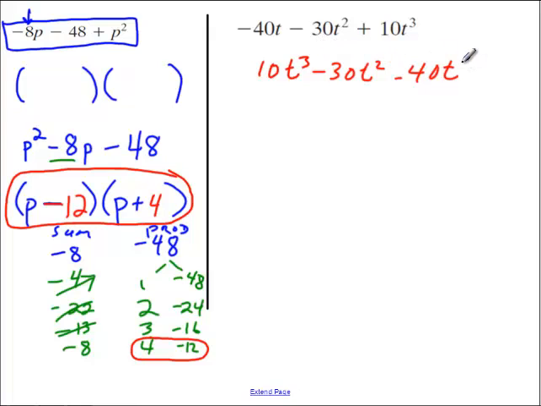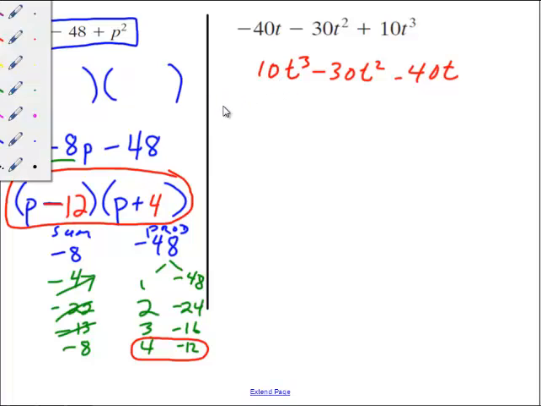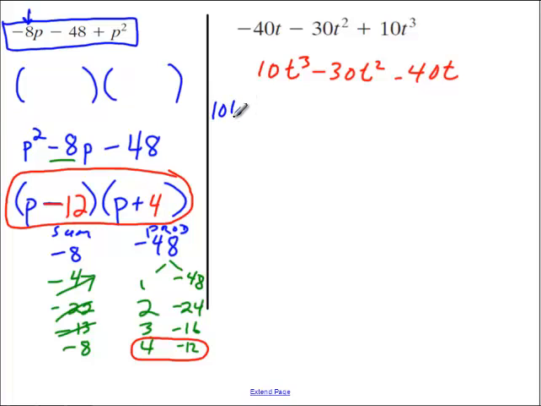All right, so that means that step number 2, we've got to say factor out any greatest common factor that we've got. For this one, we have to look at each one of these, and it jumps out at me that we could factor out a 10 and a t from each one of these, because 10 divided by 10 is 1, 30 divided by 10 gives me 3, 40 divided by 10 gives me 4, and those are all factorable. And there's also a t in each one of these, t cubed, t squared, and t, so we can factor out a 10t, and this is what I recommend, putting the greatest common factor over here, so you can kind of go through and say